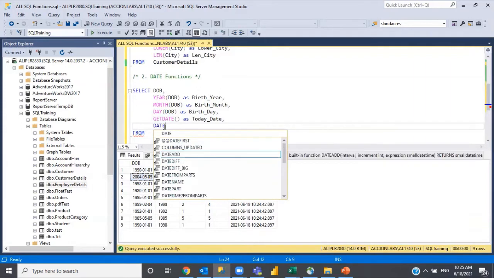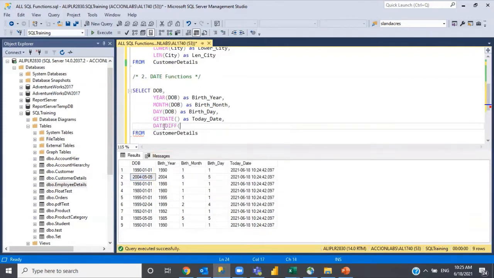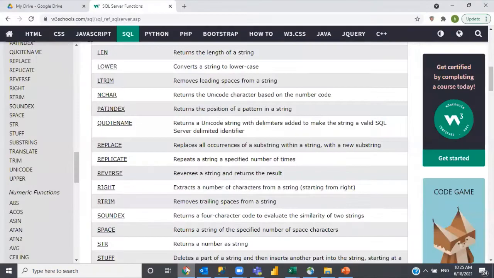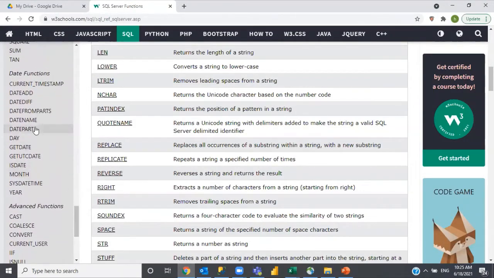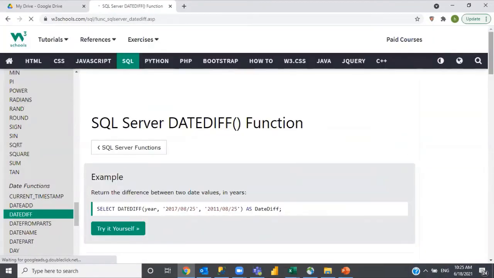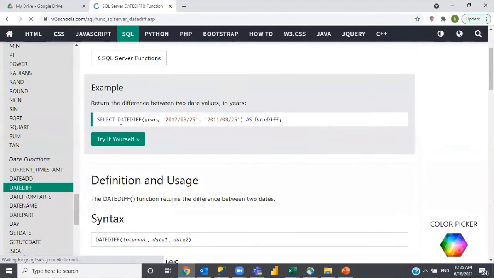For this, I can use the DATEDIFF function. This accepts three parameters. This is the syntax: you need to write DATEDIFF like this.